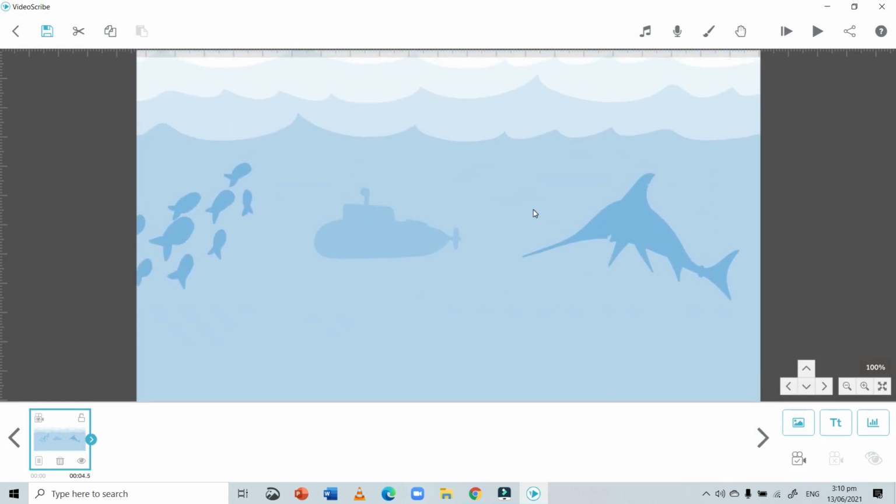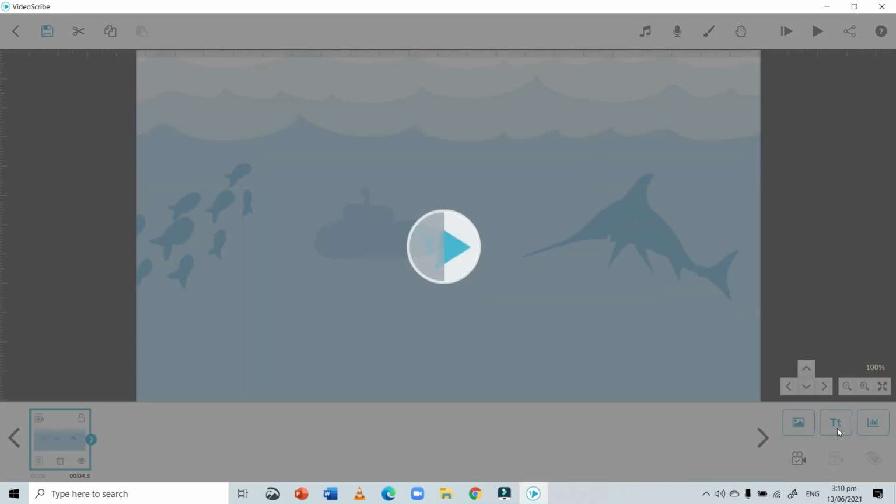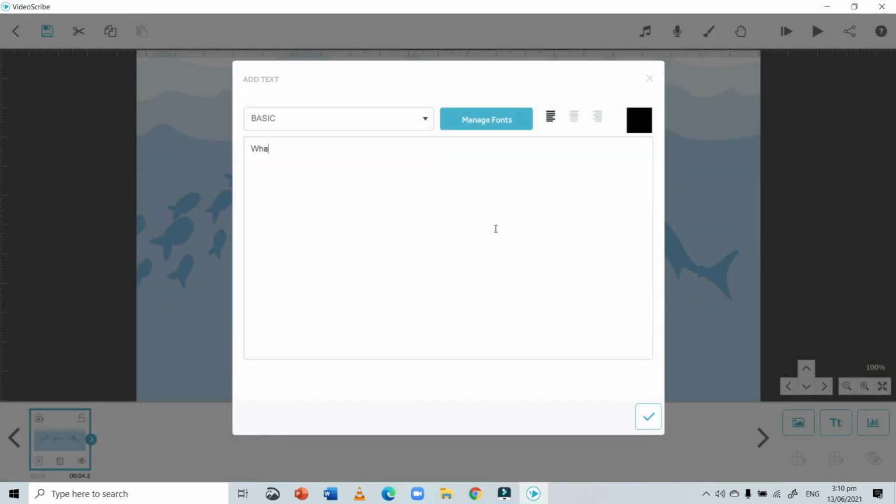As soon as you click on the image, you will start seeing this image over here on the timeline. So this is the timeline area over here, and you have to arrange all the elements according to the time, so that they appear on the screen when they are required. If they are not arranged according to the time, the images appearing in the video will not be according to the time. So this is my first element, this is the picture. You can see this over here, and now I have to add some text.